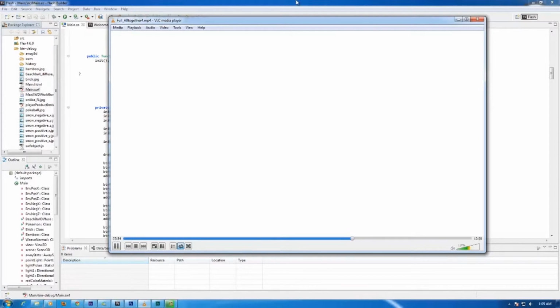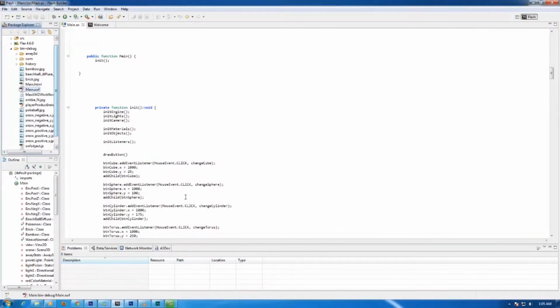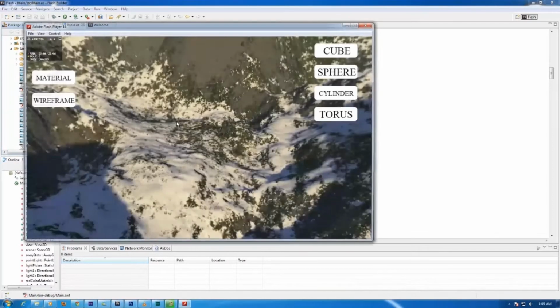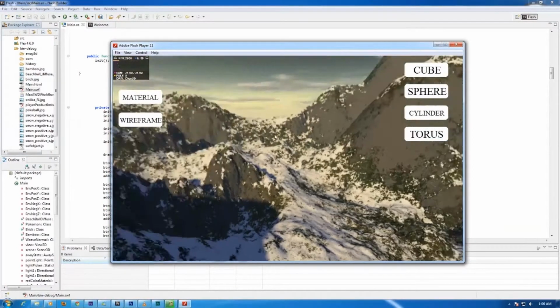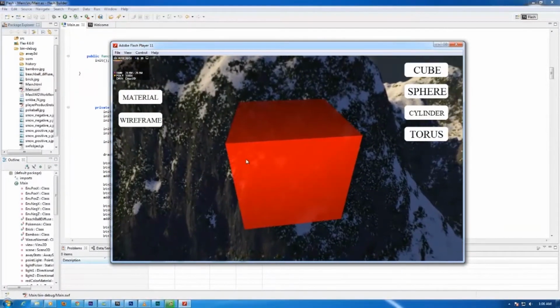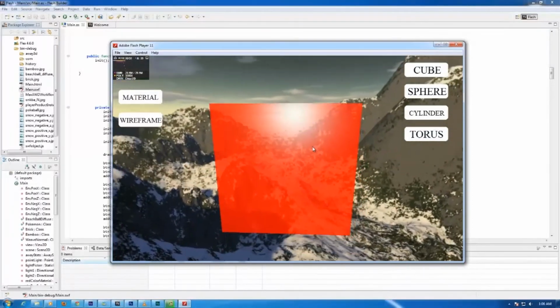Okay, so after you have finished putting your code, you can now just click on the main.swf in the Package Explorer tab. Just click on it and then it'll spit out your code on Adobe Flash Player. Then there you will have your rendered 3D scene with a cube,